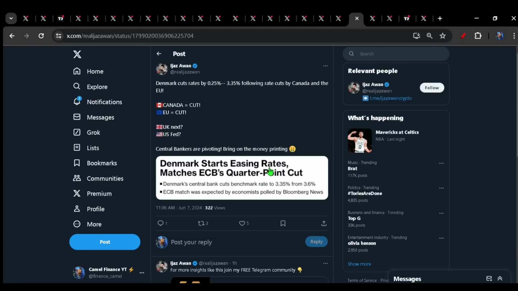Yes, the data is difficult to navigate. Yes, I don't really believe a lot of it. But I have been making the case that these cuts were going to show up for a long, long time. And now, suddenly, here they are, okay? The only two that are missing are the UK and the Fed, particularly if we get a colder CPI print, a surprise to the downside.